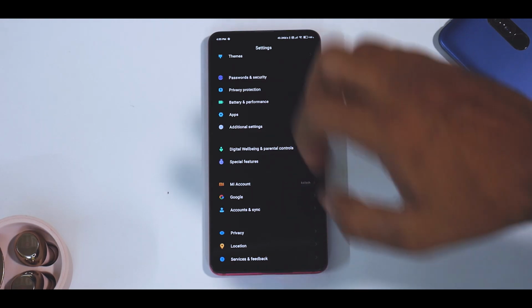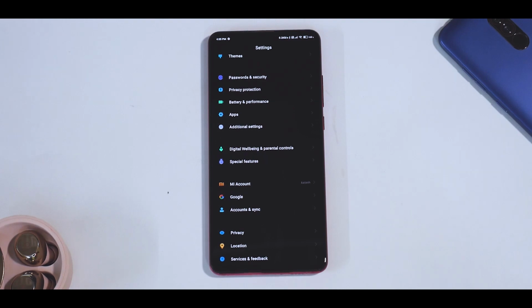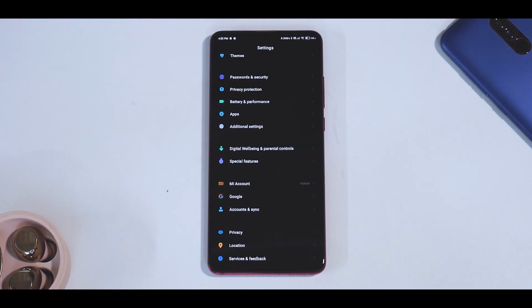I do use Google Backup to back up and sync applications and data to move across different ROMs and stuff. You can always use Migrate, and you can always use Swift Backup as well.